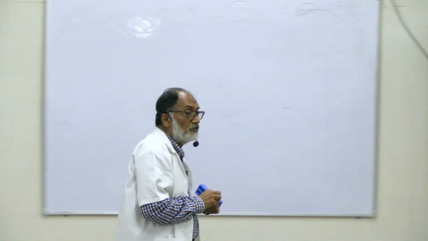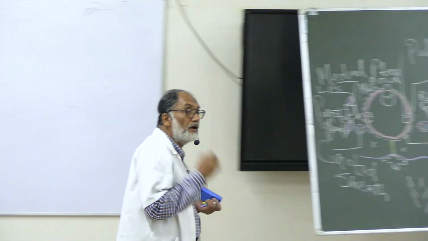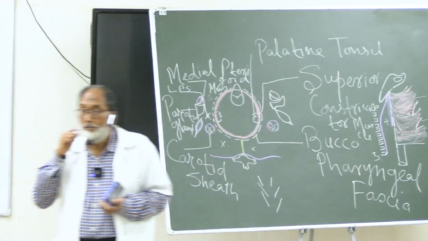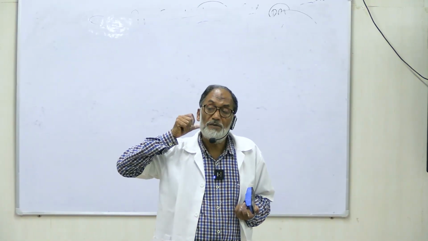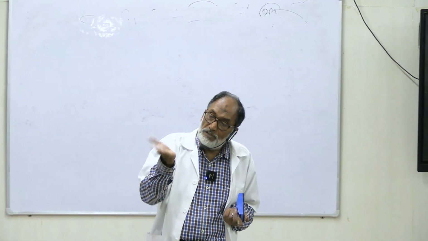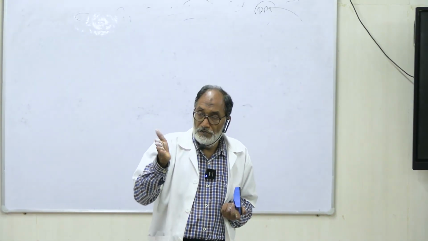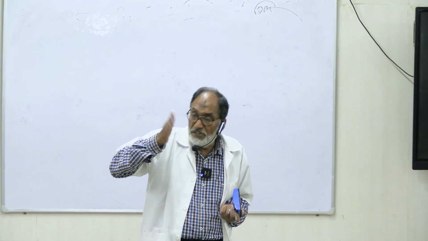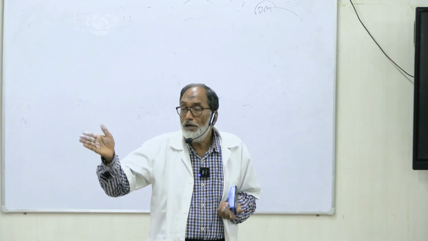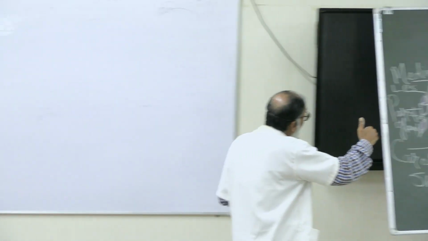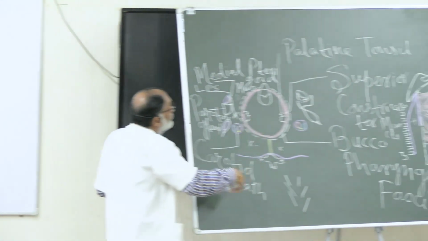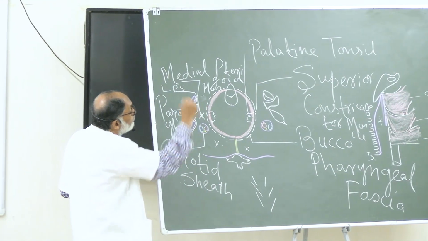When you study the mandibular angle of the mandible, the upper part is the ramus of the mandible, and the medial surface of the ramus actually gives origin to the medial pterygoid. So the medial pterygoid lies anterolaterally, and posterolaterally